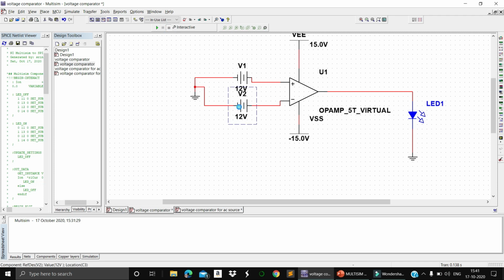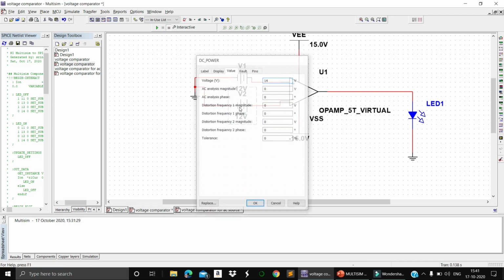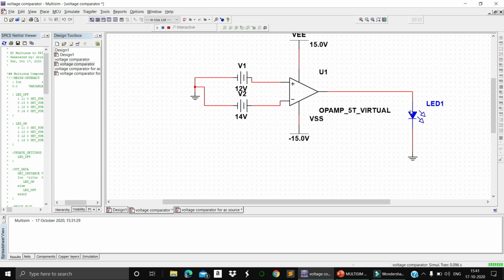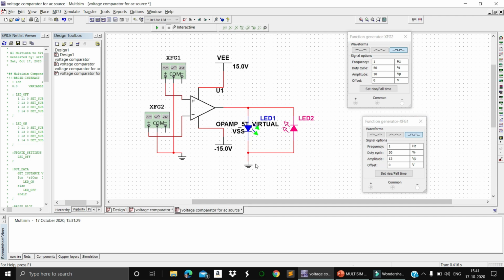And what happens if I keep my negative voltage more? In such a case also, it is in off position because it is a negative voltage. So V2 minus V1, right? In such a case, my output is not obtained. Also, you can clearly notice in the functions that the LEDs are arranged in one row and one column. One column is blinking at one time and the other column at another time. You can clearly observe.